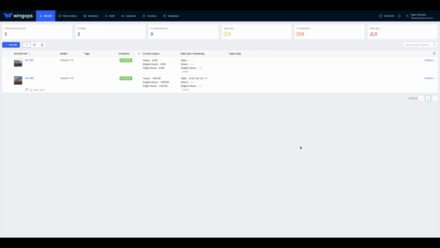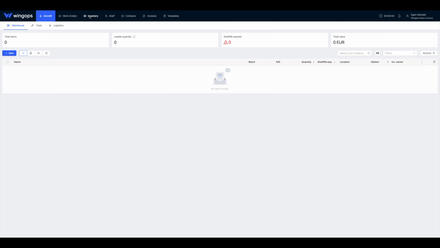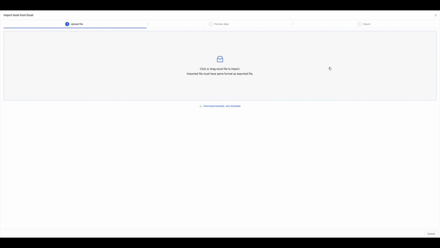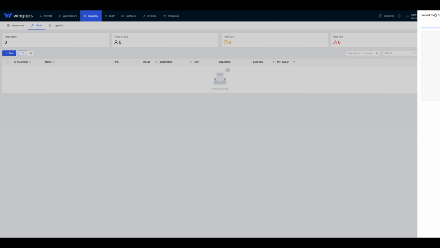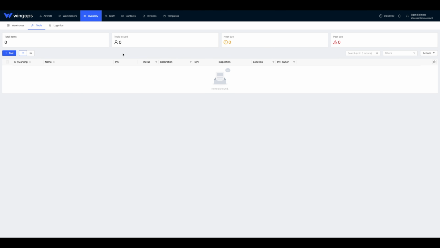To begin, navigate to the Inventory tab and select the Tools sub-tab. If you wish to add many tools at once, you can use the bulk upload feature, which works the same across the platform. Simply hover over the Actions menu. Select Import from Excel and upload your filled out sheet. However, for this tutorial, we will look at how to add a new tool manually by clicking the plus tool